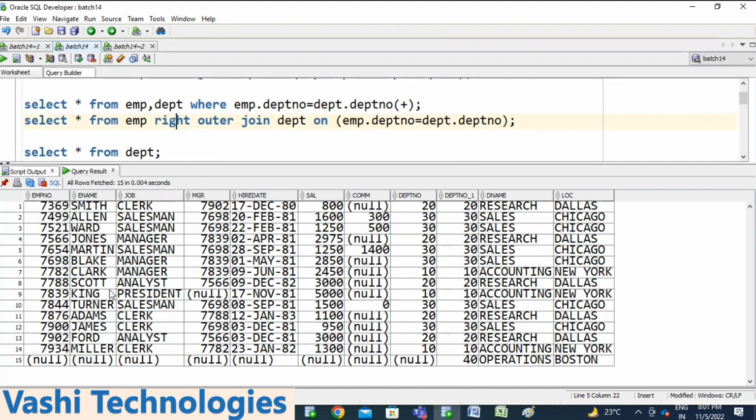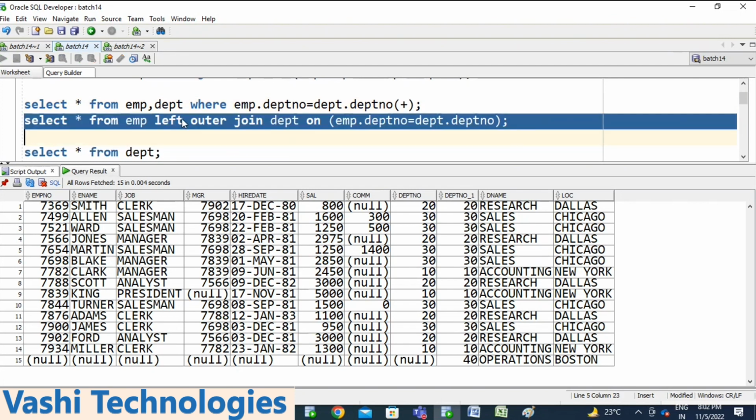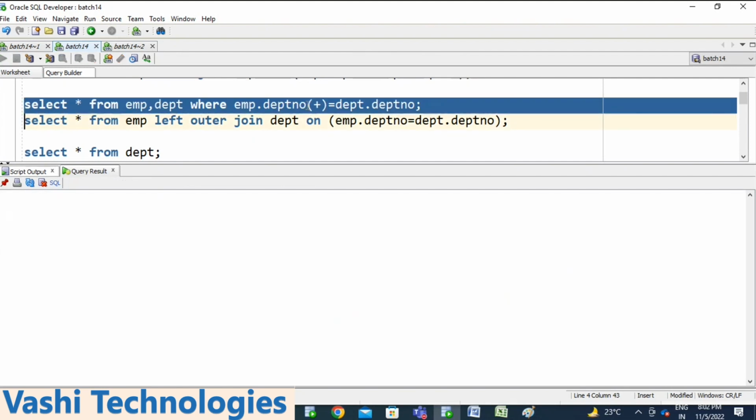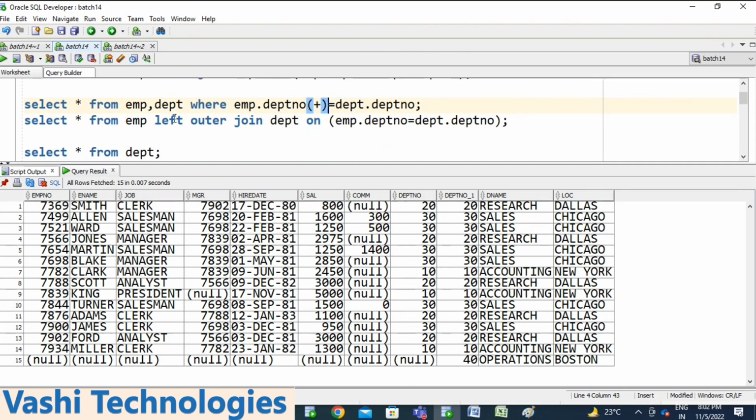With the right outer join, you are getting 15. See, you made it a left join here. Sorry, this is the left join. If you put the plus on the right side, it's a left outer join, not a right outer join. So here I need to use left join. We are getting 14. If you change it from the right side to the left side, it changes to the right outer join. We will get 15 records. Simple, instead of left, use right.